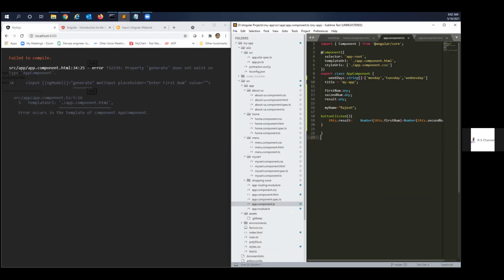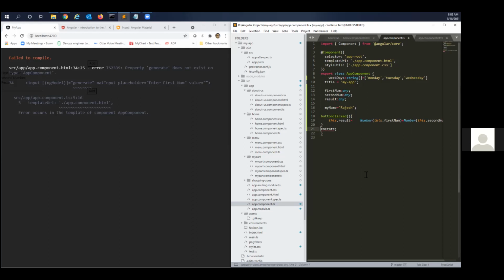After the button click, line number 21, you have to start typing. We have to give the new variable to hold that value. You gave generate, right? So you give generate colon any. That is a variable declaration. So you are telling there is a variable: whatever the user is typing in that input box, send it here.